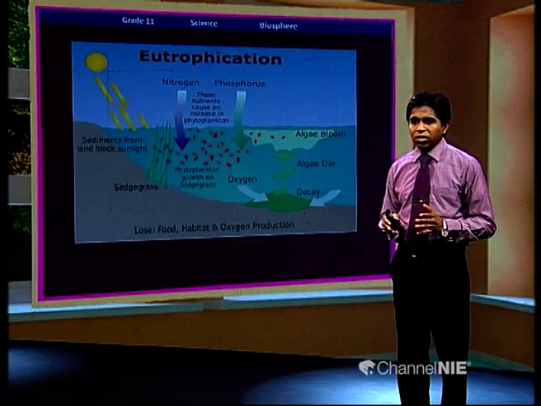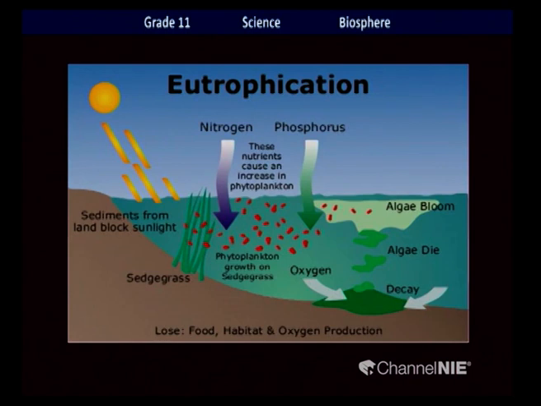Let's see what is the next effect of environmental pollution. Eutrophication. You can see in this picture, eutrophication is caused by two major pollutants, that is nitrogen and phosphorus, but not the element. There are two forms of nitrogen and phosphorus, nitrate ion, we call it NO3 minus, and phosphate, PO4 3 minus. When the concentration of nitrate and phosphate in a water body increases, growth of the green algae will increase. Then water in the reservoir becomes green in color.